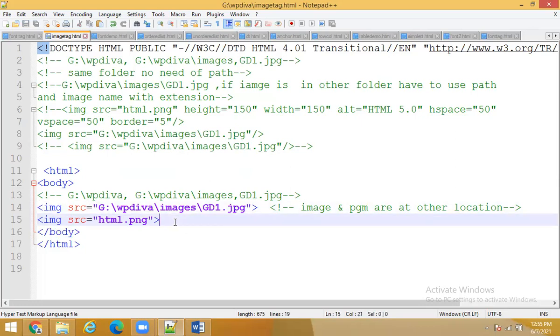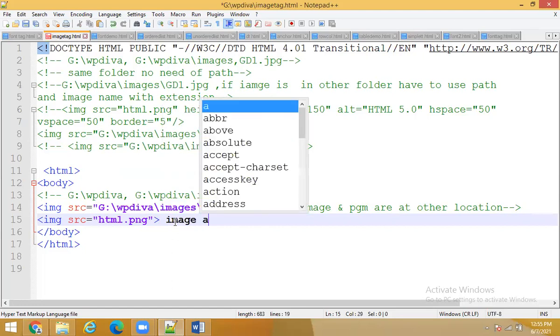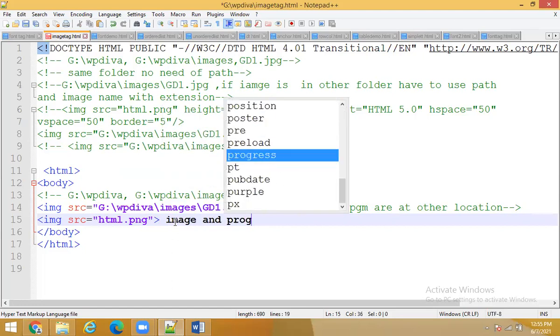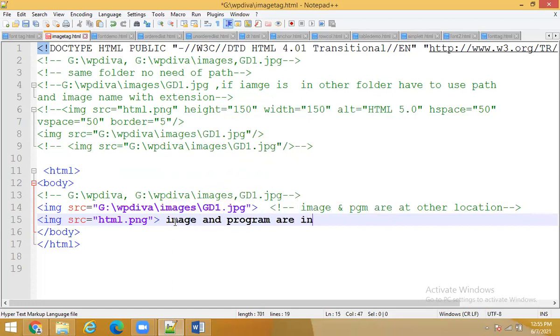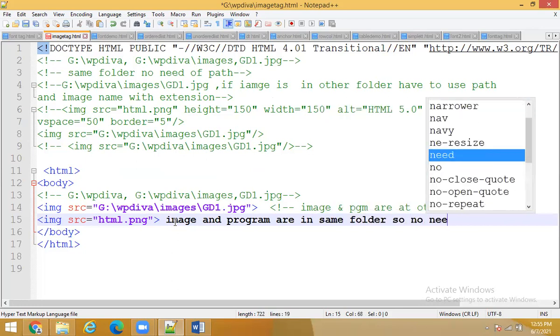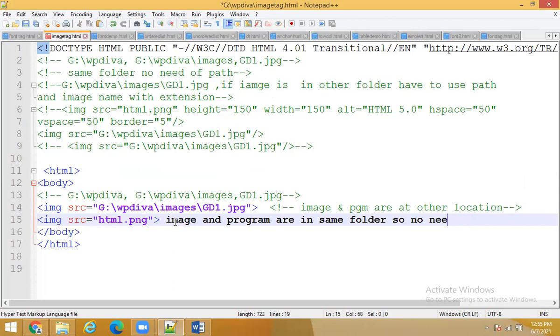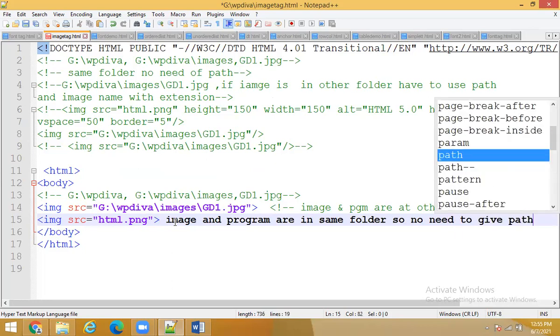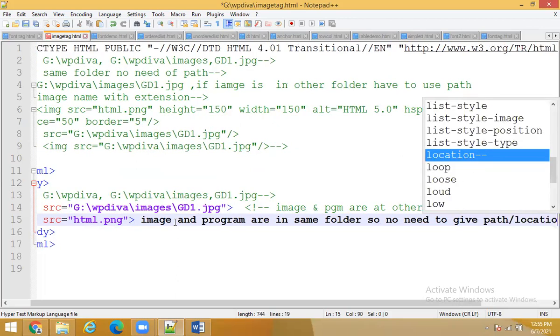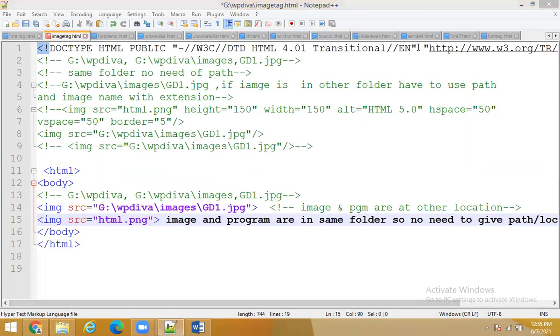Now what is happening here? Image and program are in the same folder. Okay, so no need to give the path, no need to set the location of the file.